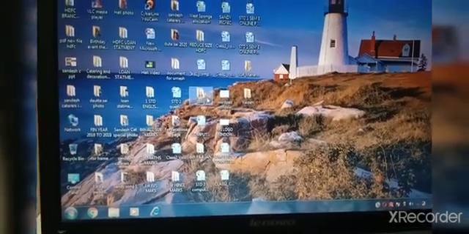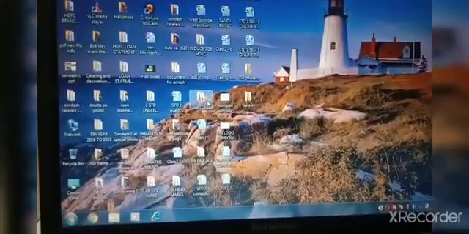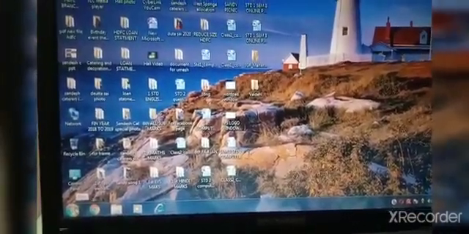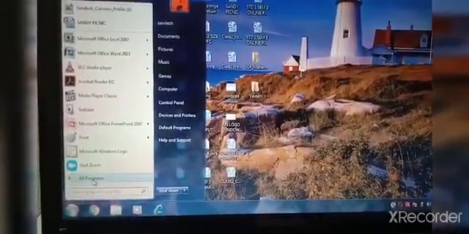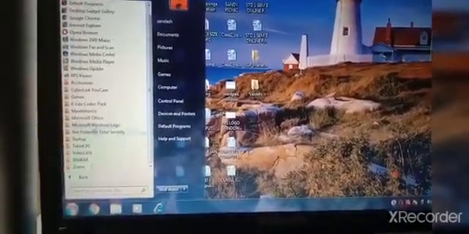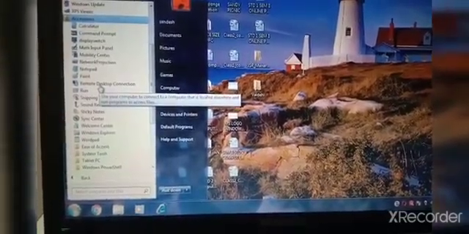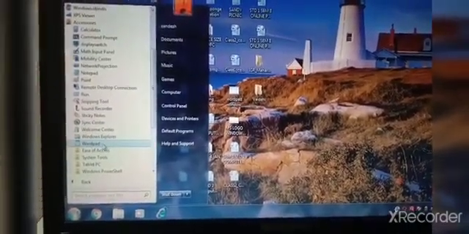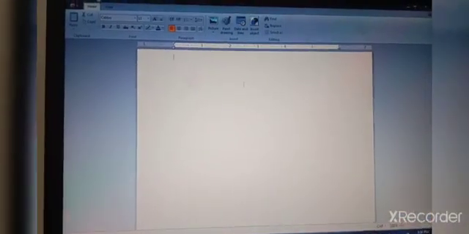Children, now we will do a revision of WordPad. Starting WordPad. How to open WordPad. Now, see, these are the steps to open WordPad. Click on the Start button. Click on All Programs. In All Programs, there is an Accessories folder. In the Accessories folder, there is WordPad. You can see here, WordPad. Okay, children? Click here. Now, you will get a WordPad window on the screen.